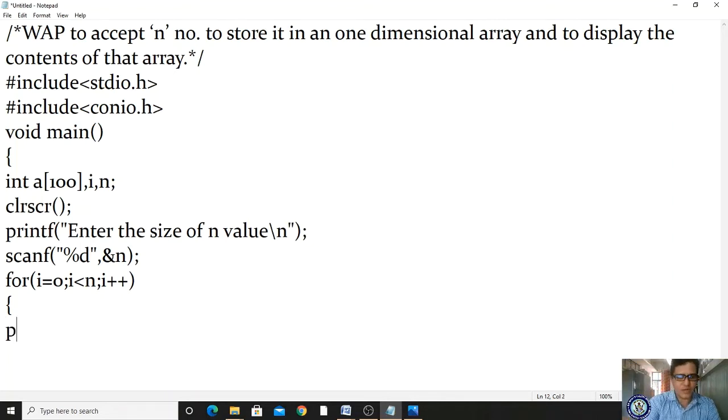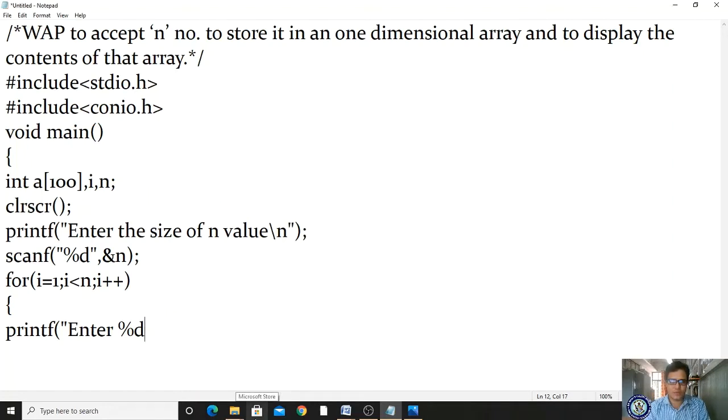Now we want to read the first element, store it, and display it, right? For that I'm writing printf "Enter %d element in an array\n". Let me take the i value as 1, for our understanding, not as 0.